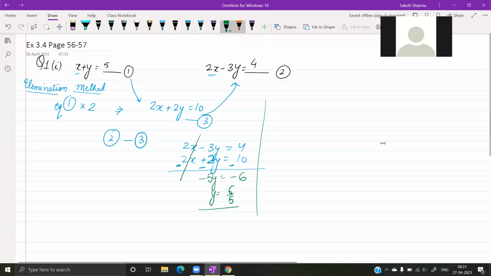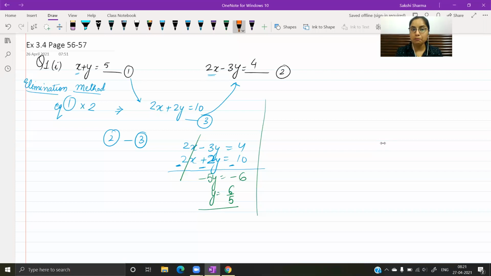Now, for the same pair, if I wanted to eliminate the term containing y, I would like their coefficients to be same. The numerical value of the coefficient should be same. Signs इनके opposite हो सकते हैं. We will decide later on whether we want to combine the equations by addition or by subtraction. Accordingly, वो signs adjust हो जाएंगे.